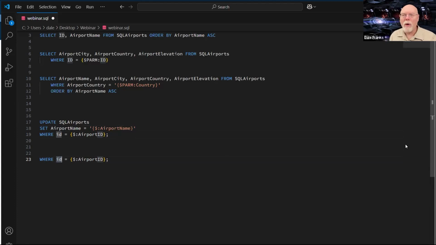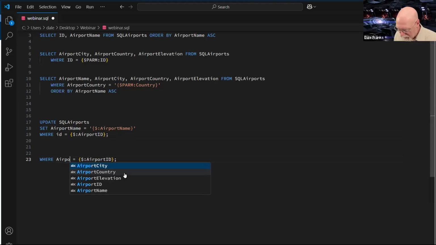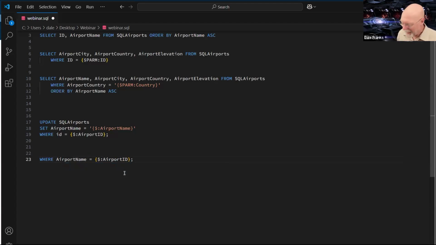So let's say we want to replace every airport name that contains the letter A or contains ABC. Well, I can use, and let's just use airport name for this one. So I can use airport name, and instead of equals, because just like in Process Director, we have several different operators, one of which is equals. As you probably know, the equal operator is an exact match. So things have to match exactly for the equal operator to work.